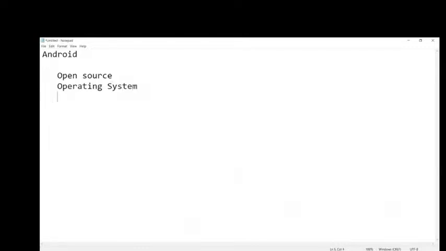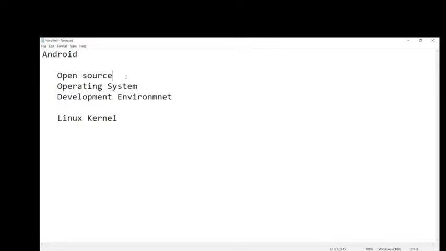Next is the development environment, and the next word is the Linux kernel. So with these 4 words, we discussed the definition of Android.